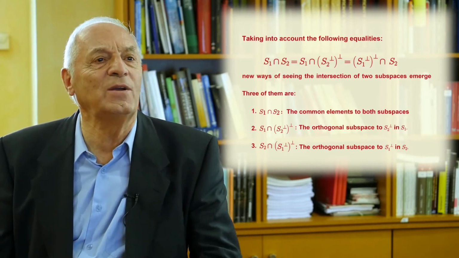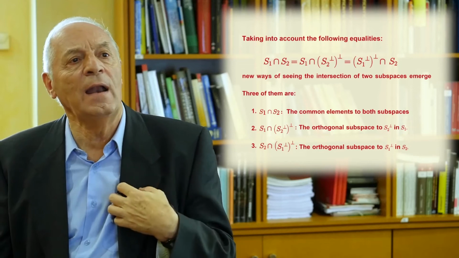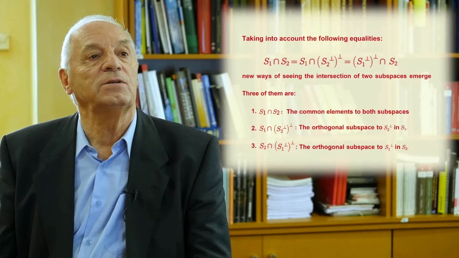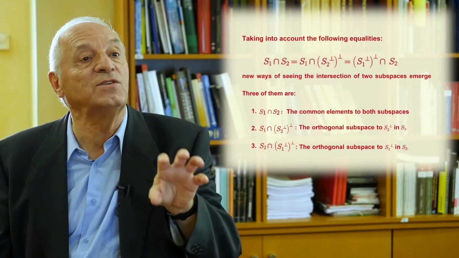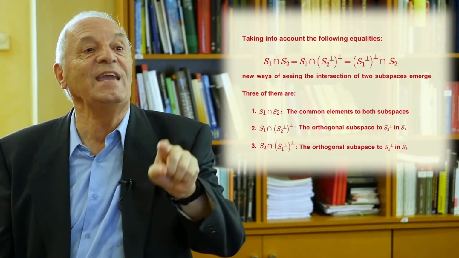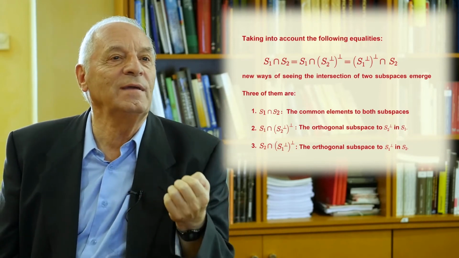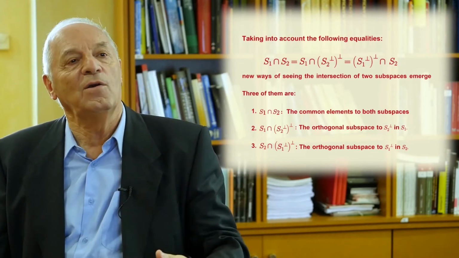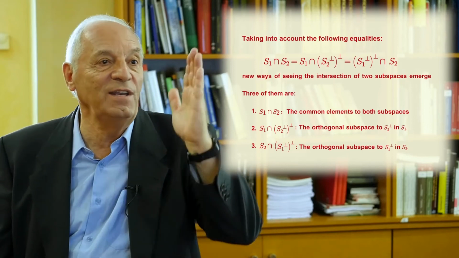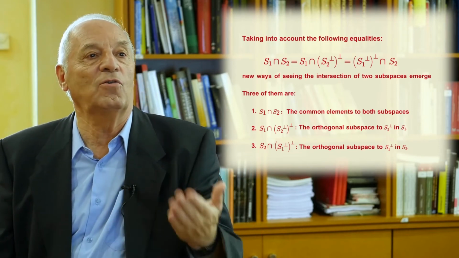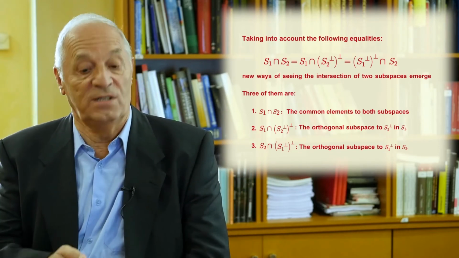And that is very easy to do because we have an algorithm that allows you to obtain the orthogonal subspace. So we can first obtain the orthogonal of S2 and then calculate the orthogonal of the resulting subspace in S1. And what to do? Instead of starting with the identity matrix in the algorithm, we start with a matrix that contains the generators of S1, and then this algorithm gives you the orthogonal, but in S1. So this is the way of solving the problem of intersection.